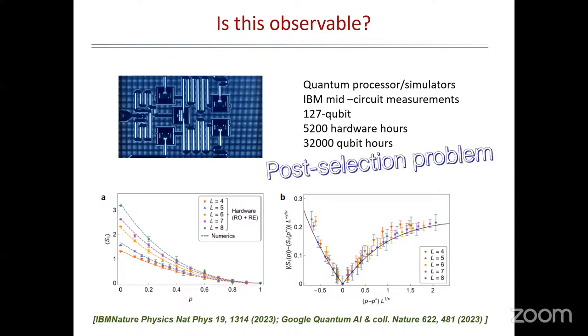On the other hand, this run was done on a 127 qubit system. On one hand, the large number of qubits is because we have to use a lot of them to perform the measurement and these sort of things. But the major problem for experiments in this context is what we call the postselection problem. And as I said, this has to do with the essence of this phase transition, which is the nonlinearity of the observable we want, and the fact that we're looking at individual trajectories. And this can be explained very simply.